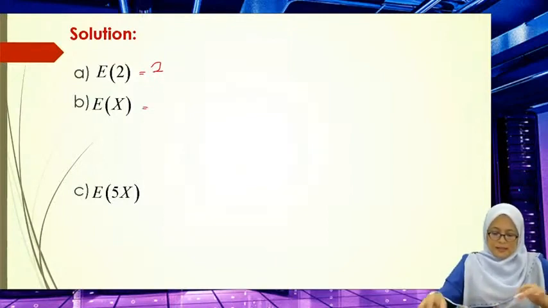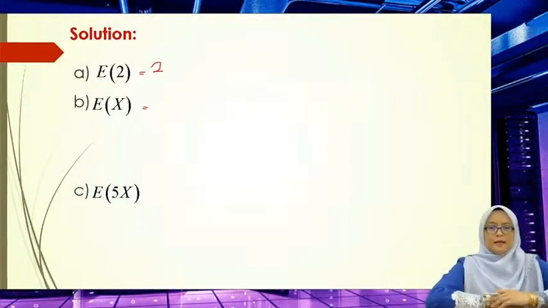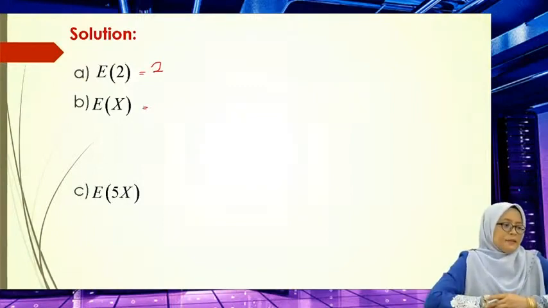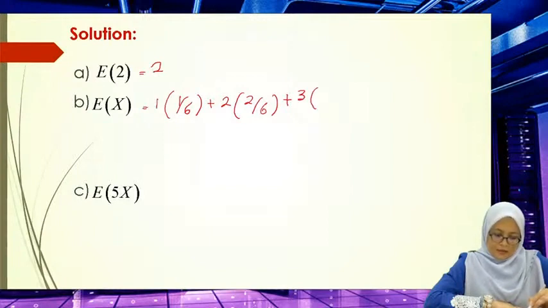Okay, so then sekarang ni kita calculate untuk kita punya expectation x. Okay, calculate you punya expectation x dapat berapa sekarang ni. So you ada x is 1, probability dia is 1 over 6 plus 2, probability dia 2 over 6 plus 3,